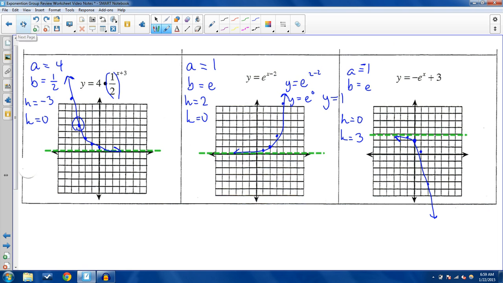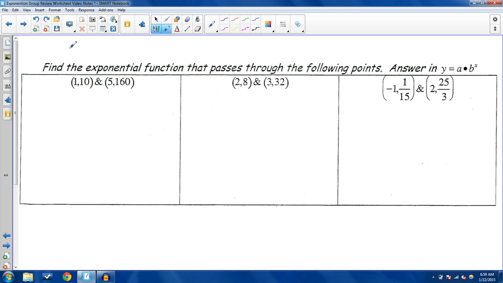It represents continuously compounded interest, word problems which we will get into, but I'd like to speed up. Find the exponential function that passes through the following points. Answer in y equals a times b to the x form. What I'm going to do is use this